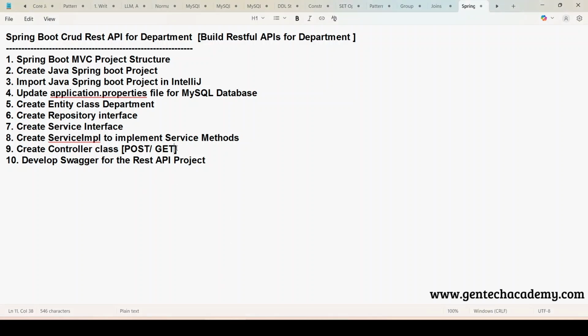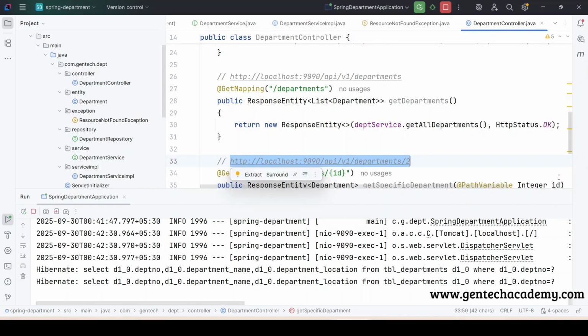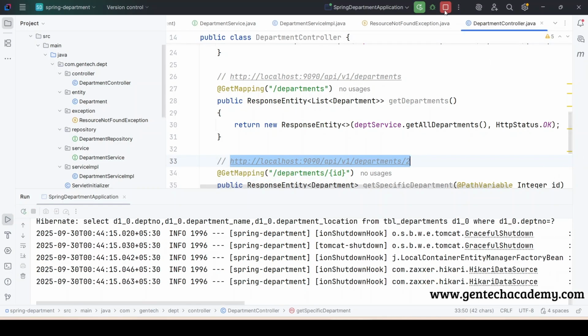In this video, let us learn how to update the existing resource. So we need to develop the PUT HTTP method. The PUT HTTP method is responsible for updating the existing resource in the server. So again we can go to our IntelliJ and stop the project,